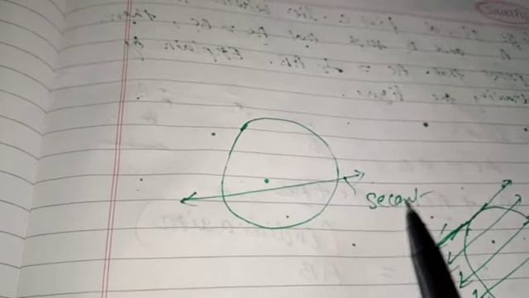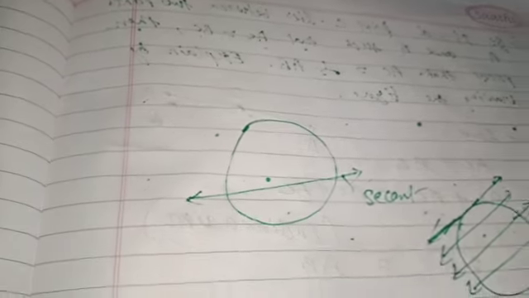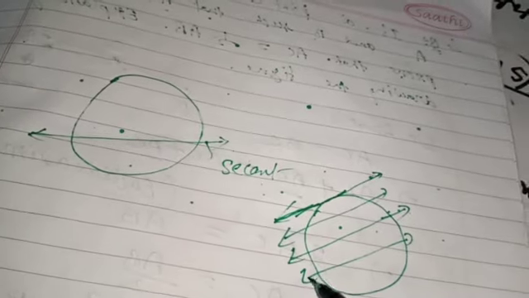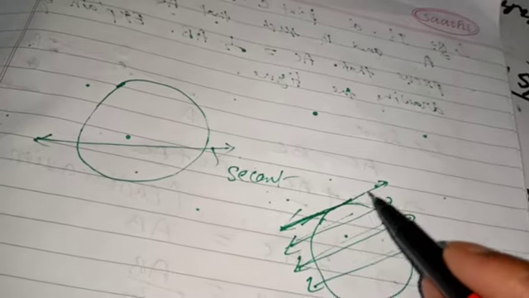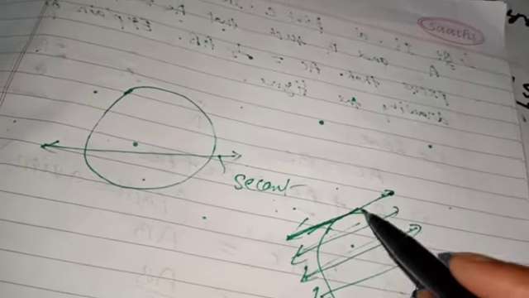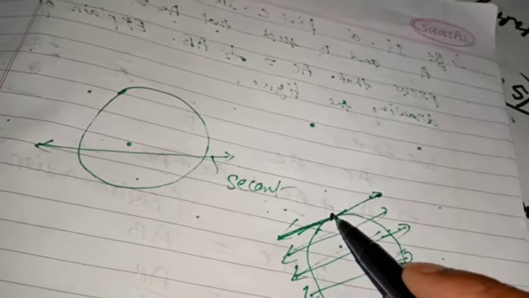Secant. S-E-C-A-N-T. This is a new concept. If a line passes through the circle, it's called a secant. Now, if you draw a line which only touches the circle at one point,